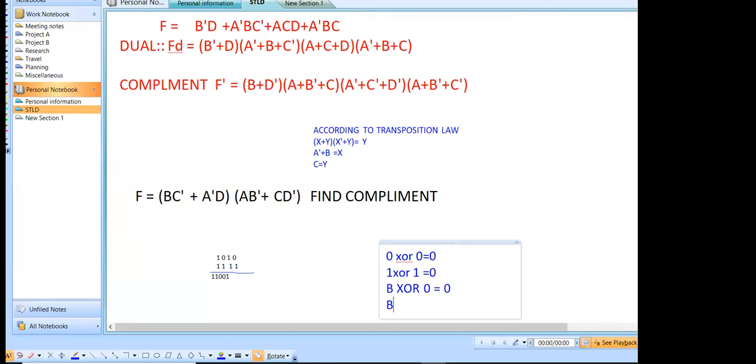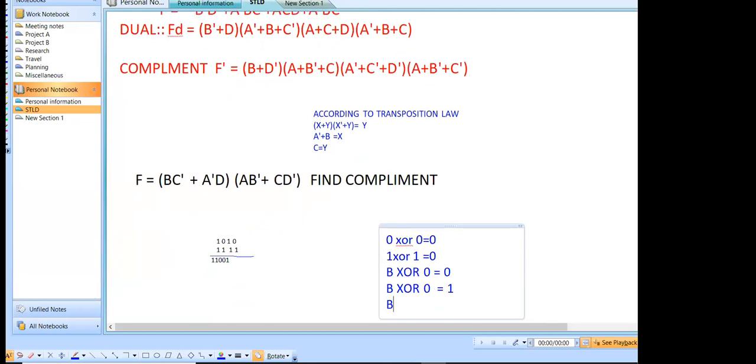And similarly, if B XOR with 1, if you assume B equals to 1, B ని 1 తీసుకుంటే ఏమవుతుంది? It will be 1. And ఇక్కడ ఏమవుతుంది? Based upon the value of B, when you are performing XOR of a variable B with 0, it will reflect the same value. That is, we can write B XOR with 0 equals to B. B XOR with 0 equals to B అనే వస్తుంది. జాగ్రత్త చూడండి. అంటే ఇప్పుడు నేను B వాల్యూ 0 తీసుకుంటే 0 అవుతుంది, B వాల్యూ 1 తీసుకుంటే 1 అవుతుంది.